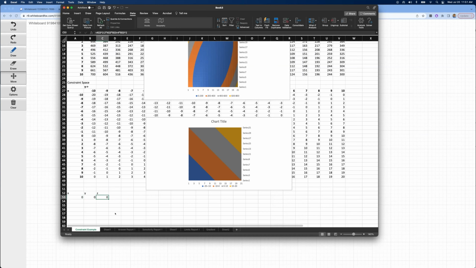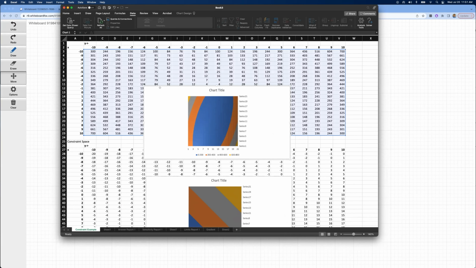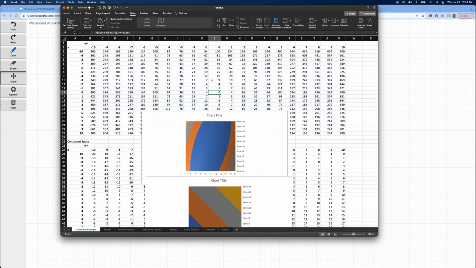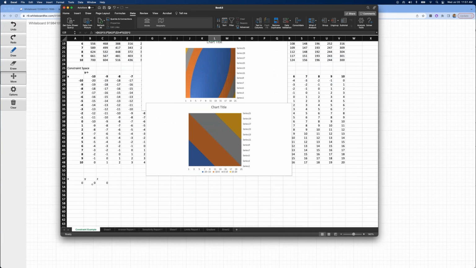Okay, so 0, 0 should give me 0. Let me just double check that up here in my function. If I put in a 0, 0, I get a 0.